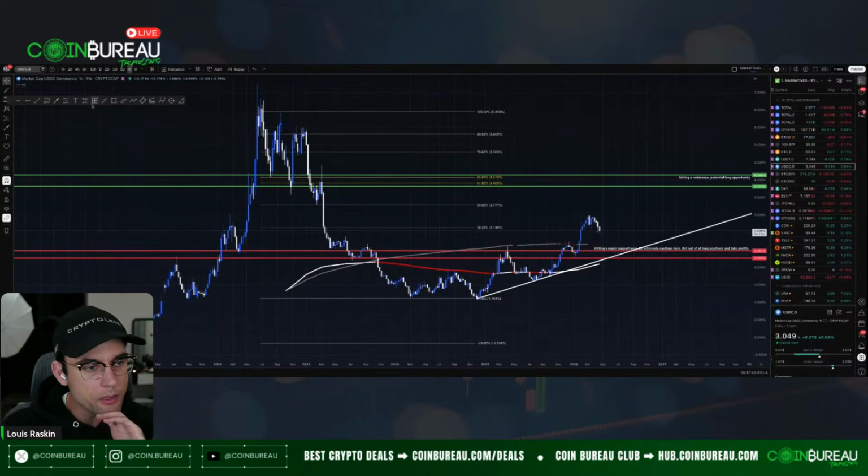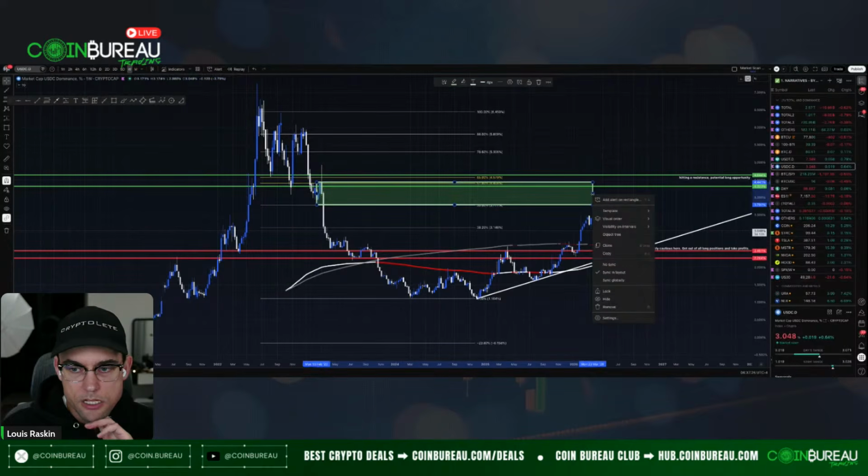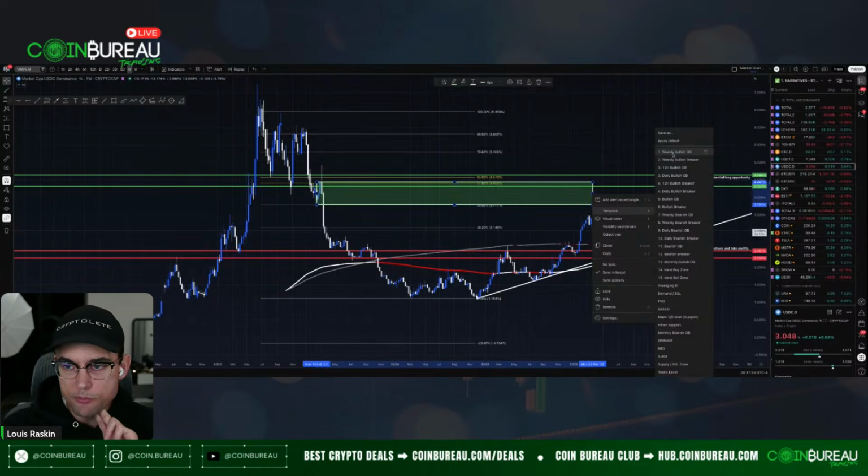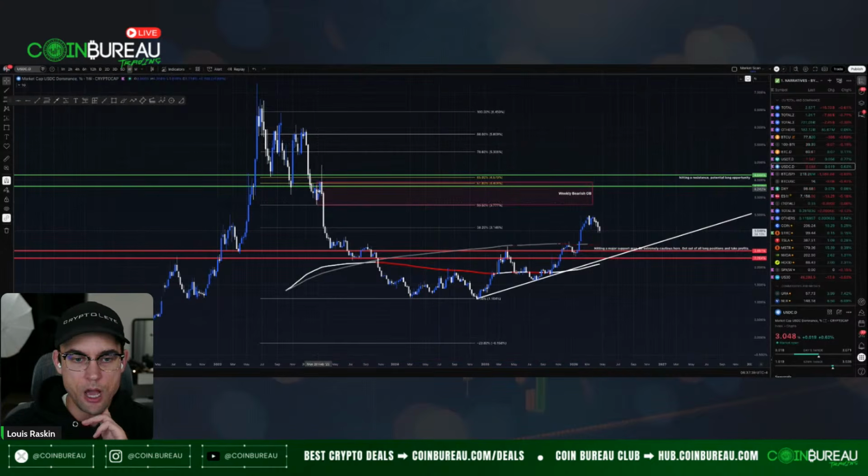So yeah, these are the clearest, the biggest ones that I've seen. The only other thing I see right now is this. All right. This is the bearish weekly breaker. Weekly bearish order block. This is the weekly bearish order block. It's the up move before the down move that broke the market structure. So